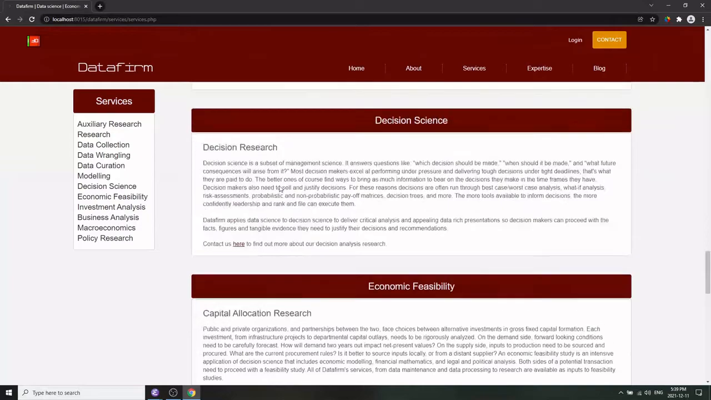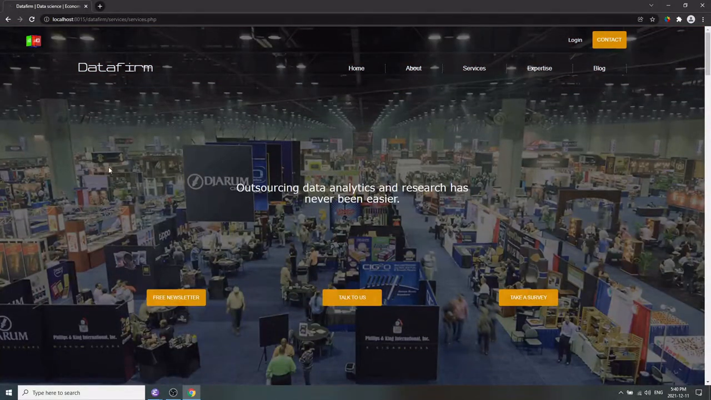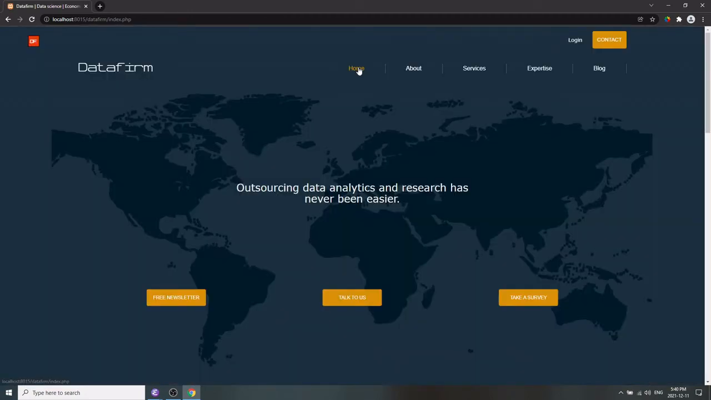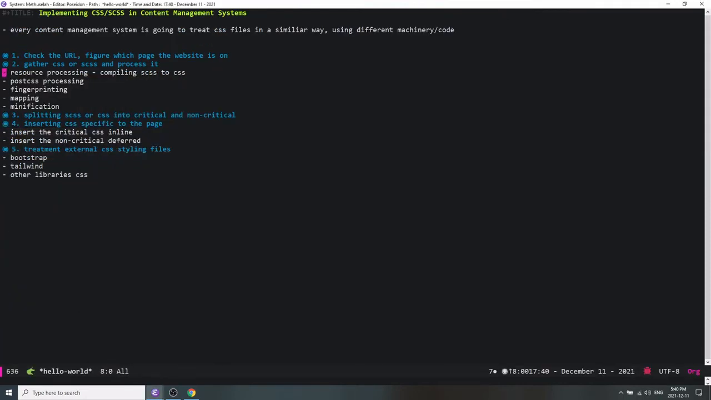We are basically styling each page differently, and that's because the code in the content management system is determining which page it is, and it's serving up a CSS file specifically for that page. Now, every single content management system is going to follow the same process. So as we go back to this system here, we can see one thing we haven't done is we didn't split the CSS or insert the CSS